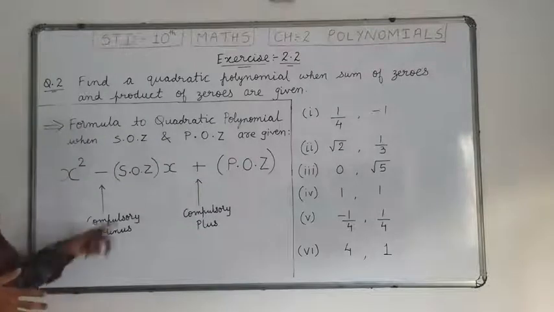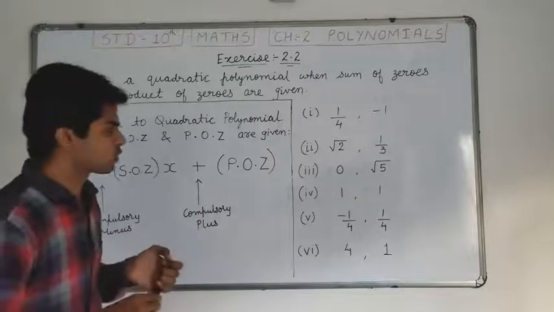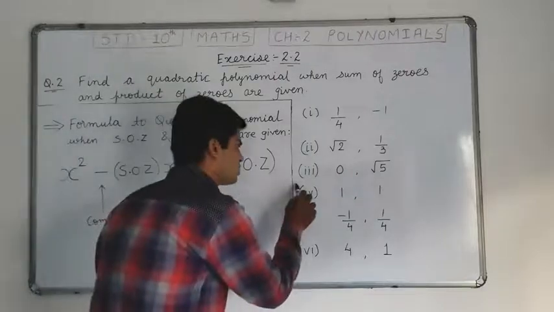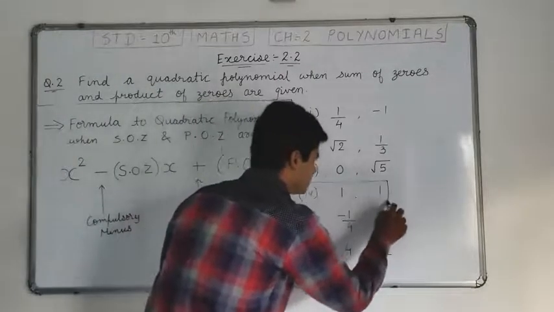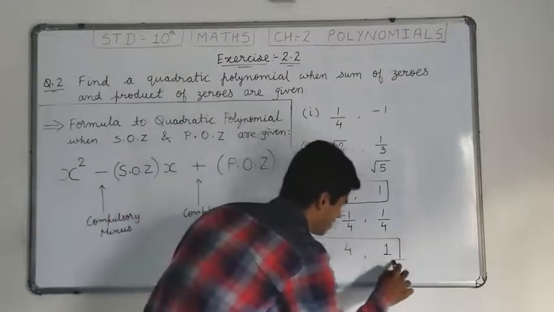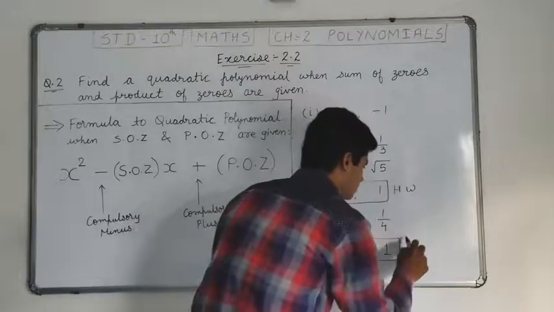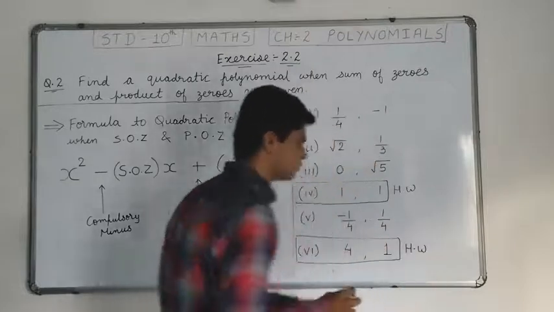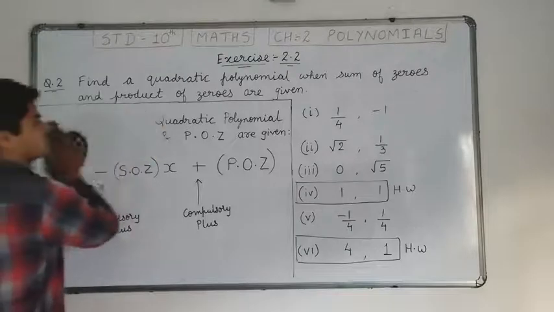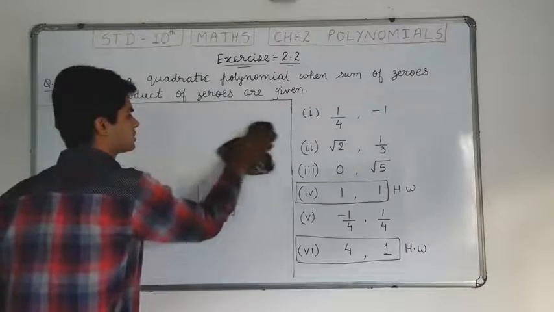So now we will start doing our sums, out of which 2 simple sums will be homework for you. Which are the 2 homework sums? This is very simple, 1 1, and the last one is also very simple, 4 1. These 2 sums will be in homework. These are very easy sums for you. That's why I have given them in homework. So now let us start with the first sum.